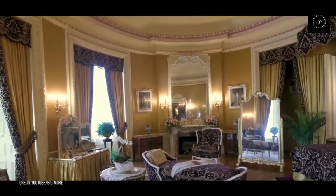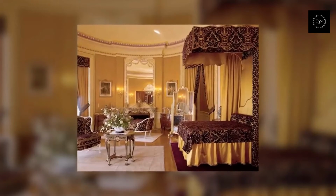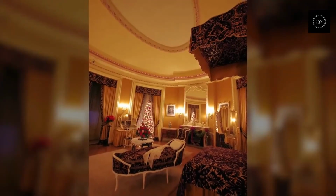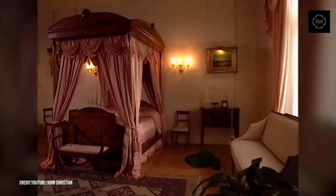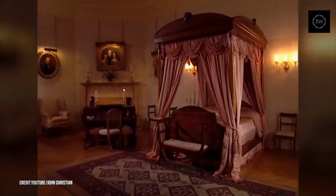His room connects to his wife's through a Jacobean sitting room that is encased in carved oak. His wife's room is a Louis 15th style room, oval-shaped, with stunning crown molding and a painstakingly painted ceiling. The fireplace is a work of art in itself. There are several other bedrooms on the second floor, all of which have fireplaces, gilded accents, fine art, and silk